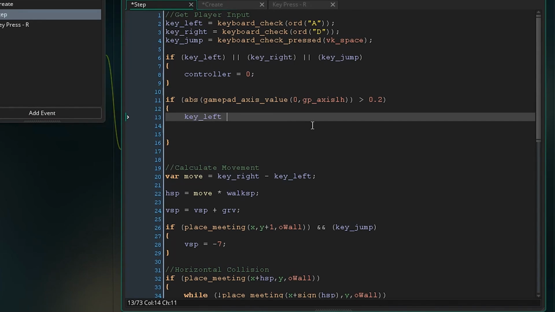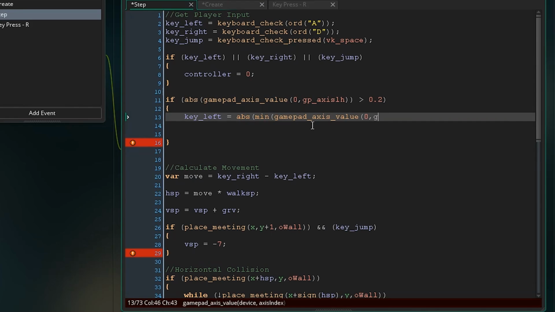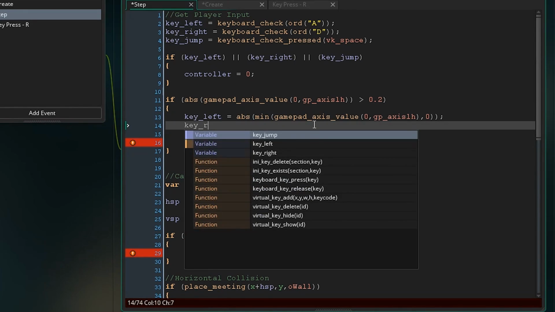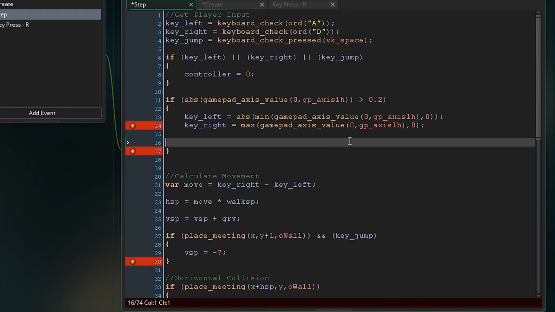So I'm going to type key left equals abs(min(gamepad_axis_value(0, gp_axislh), 0)). I'll explain all these as we go. Okay, and I'm going to write the second line at the same time, and I'll come back and explain them both. Equals, and we can skip the abs this time and just write max(gamepad_axis_value(0, gp_axislh), 0);